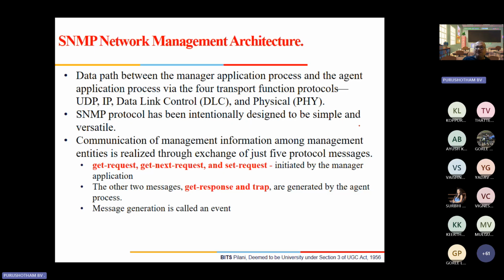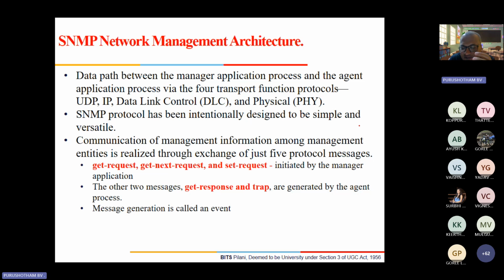Communication of management information among the management entities is realized through the exchange of just 5 protocol messages, that is get request, get next request, set request, which are initiated by the manager side, and the other 2 are the messages generated by the agent process, which are called get response and trap. Message generation is called an event within the network. I hope these are clear, right?